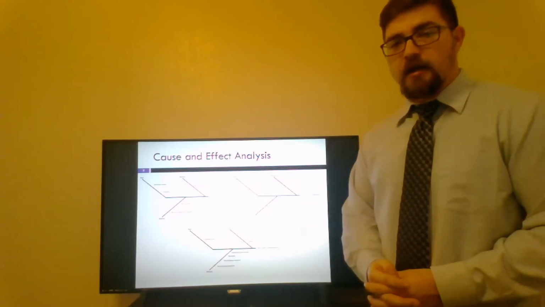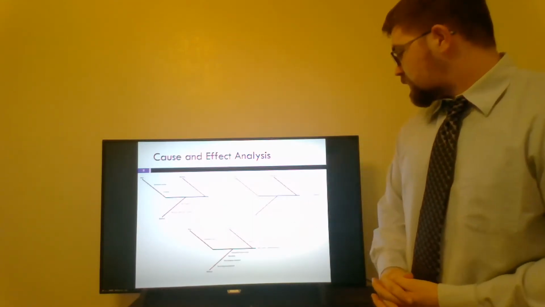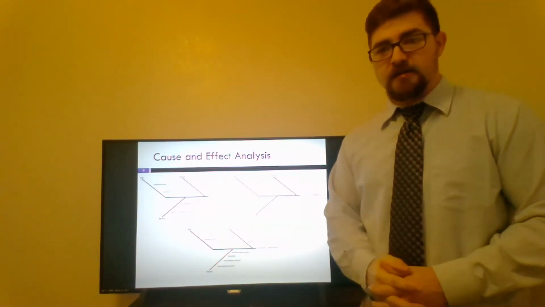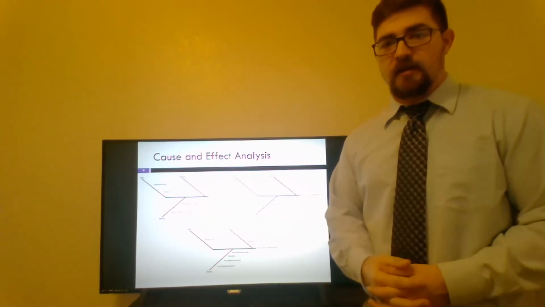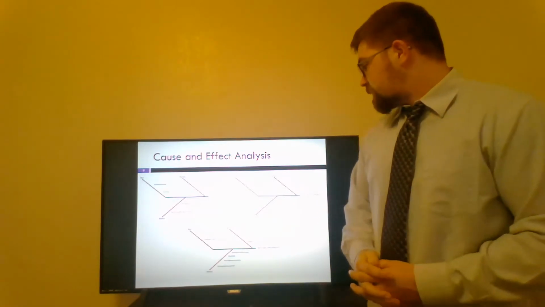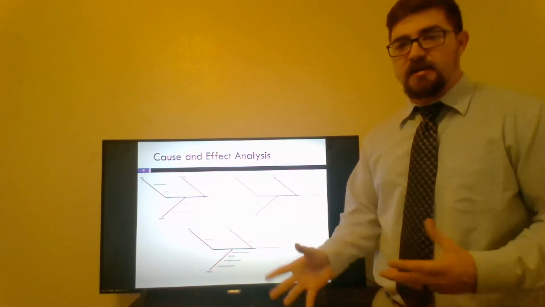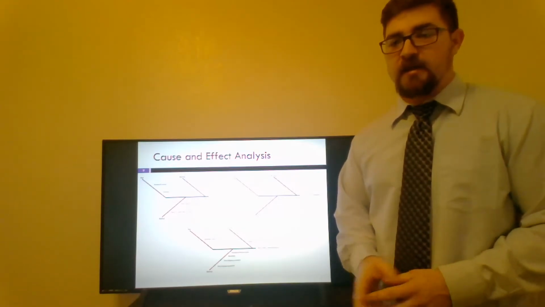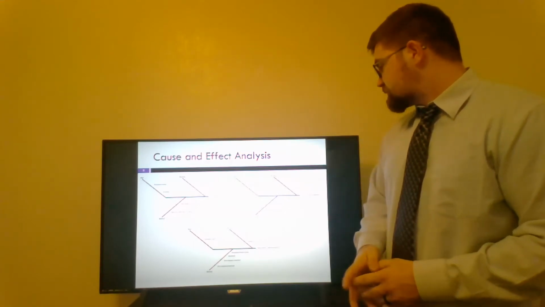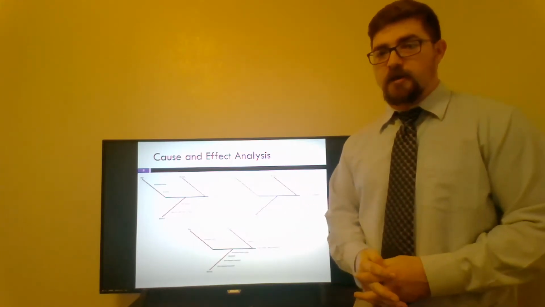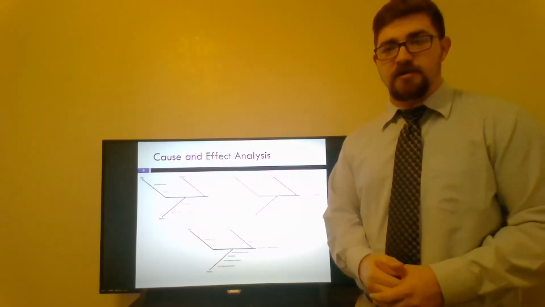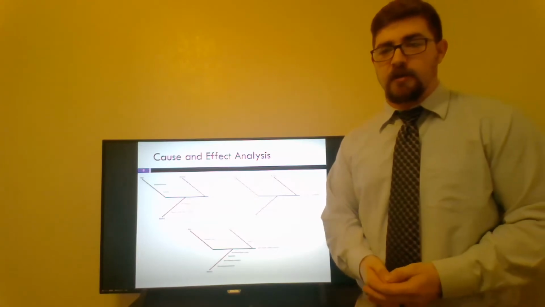For missing parts, unkept inventory is a big thing, as well as a messy work area and mislabeled boxes or parts. Parts can get thrown into things and people don't know where they go. They get moved around. Messy work areas, when things get messy, parts just get thrown everywhere and then you don't know where they are. Again, this is going to unkept inventory. Clean your spaces, you won't have missing parts as much, and if you stay on top of your inventory, you won't be